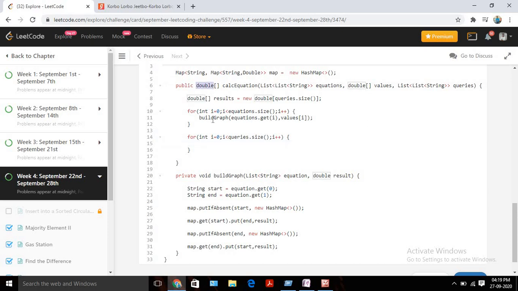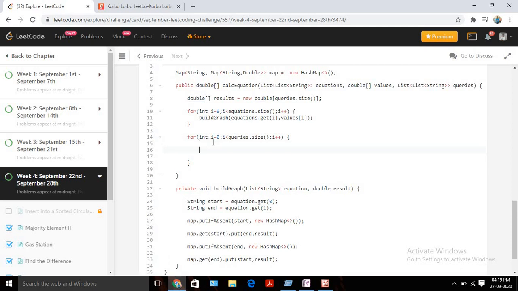Basically I can write one method which calculates and returns the double value, and we can update that in our results. So let's pick results i. We will define one method, calculateQueryResult, something like this, and whatever double value it returns, we are going to update in our result array.